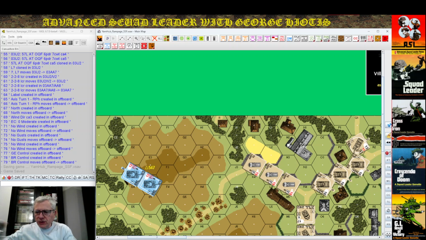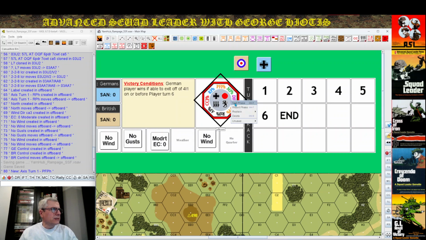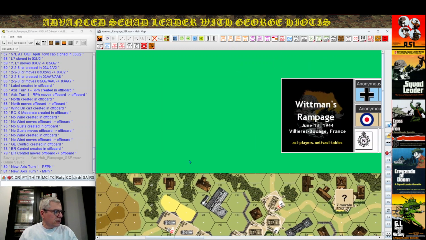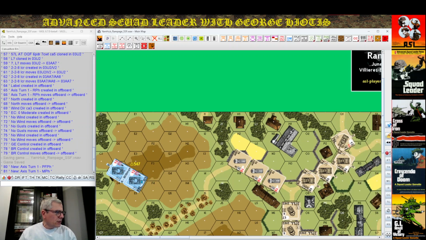So that's the way it's going to go. And we're going to play for 6 turns or less, depending on what's going to happen. Rally phase, nothing there. Prep, nothing there. Movement. Hey, we started the game. And we're going with movement, basically, because we have to move. So Wittmann is going to go first. Wittmann is in tank A. He's going to go